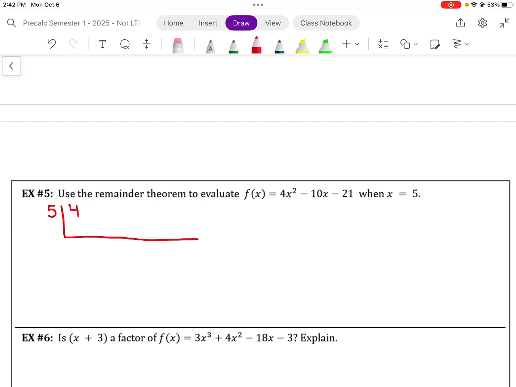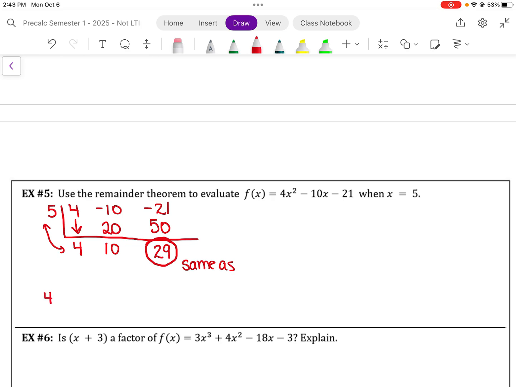I can line up my numbers like I did in the last video, and then I can divide. So bring the 4 down, multiply the outside, put the answer right here, add straight down, repeat, and then add straight down. Remainder theorem says this number right here is the exact same number